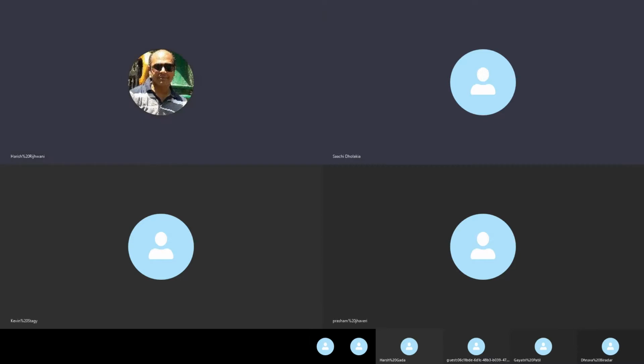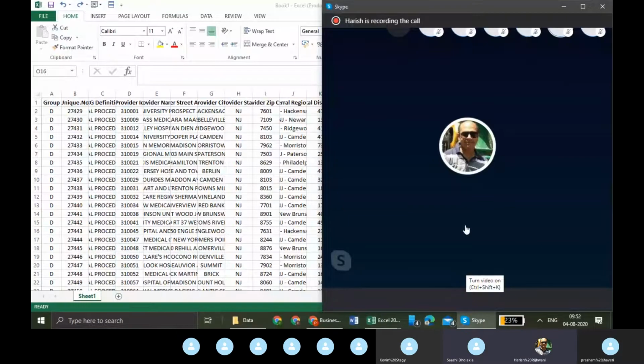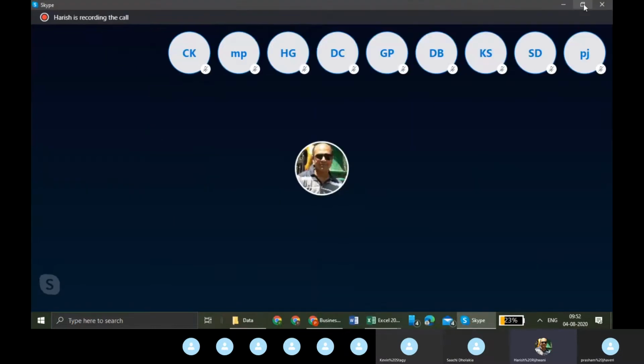I just see a Skype symbol. Can you share a screenshot? Yeah, now it is sharing. Yeah, no, the other one. Minimize this.